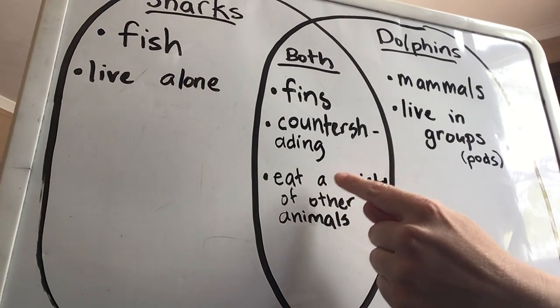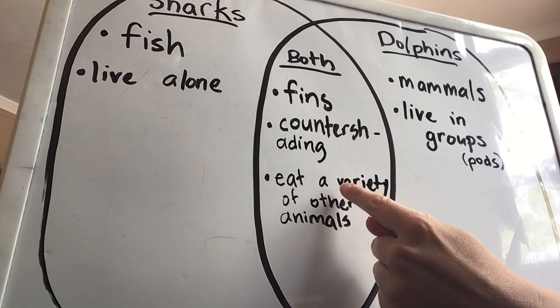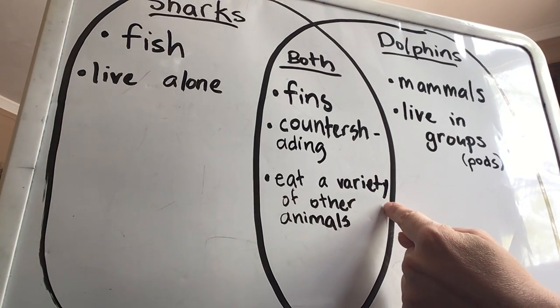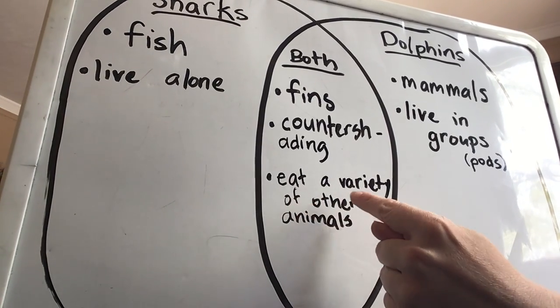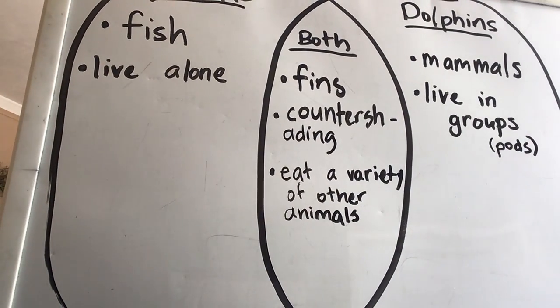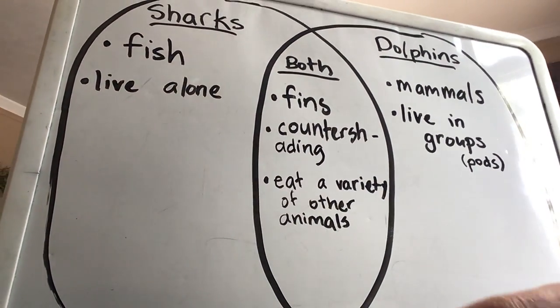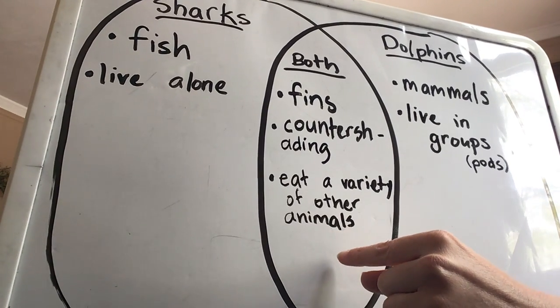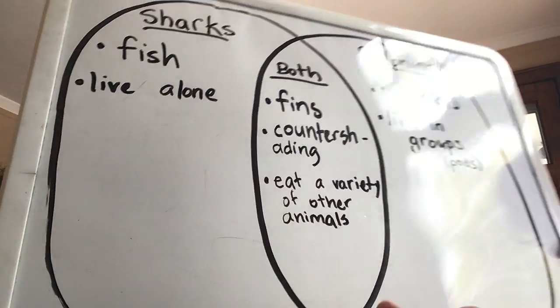So eat, E-A-T, a variety, V-A-R-I-E-T-Y, that's a Y, sorry it's messy, of other, O-T-H-E-R, and animals, A-N-I-M-A-L-S, okay? And then the last thing I noticed that really, for me, separated the sharks from the dolphins was